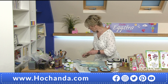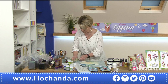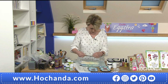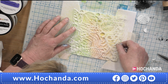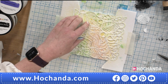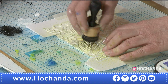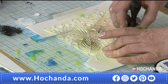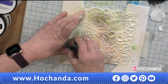I'm just going to make sure my mask, I should say, is dried off a little bit. I don't want any ink on there because I'm going to overlay this again. So let's see where it was, got to find the right way. It doesn't matter if I do it slightly different actually, but I'm just going to very slightly offset that where it's been. Just a tiny bit, and I'm going to go in with, do you know what, I'm going to be brave and go in with black here. I'm just going to add a little bit of shadowing with the black ink there as well. Not too heavy. You don't have to do it everywhere, but just go in a little bit,